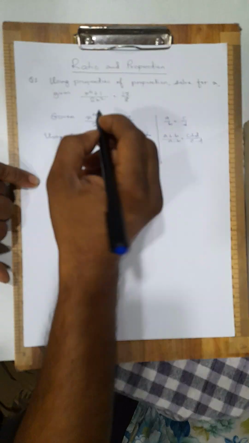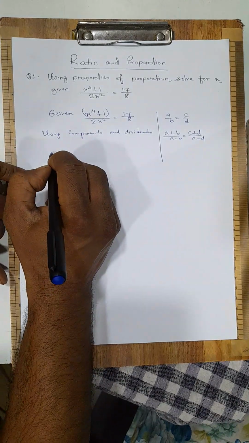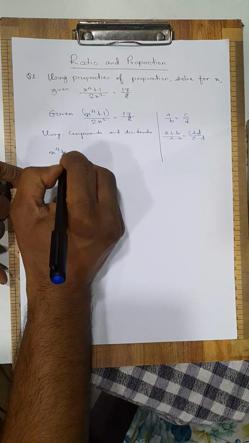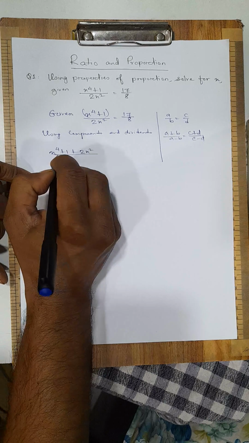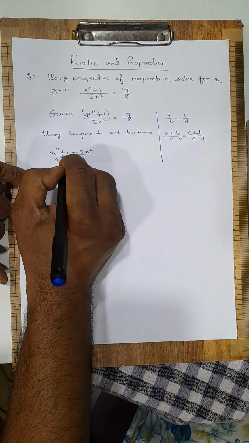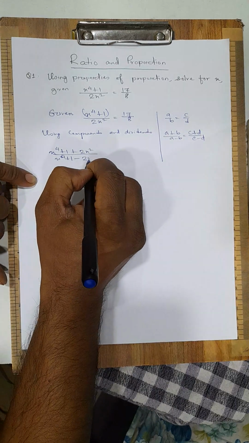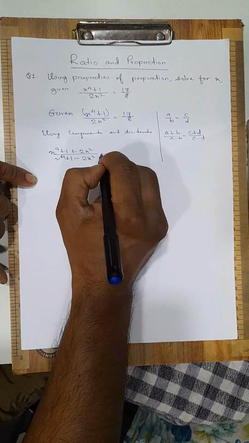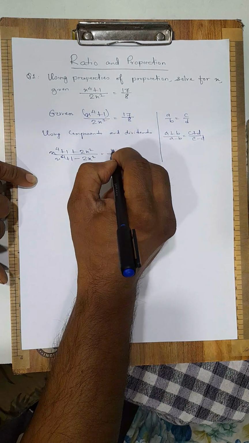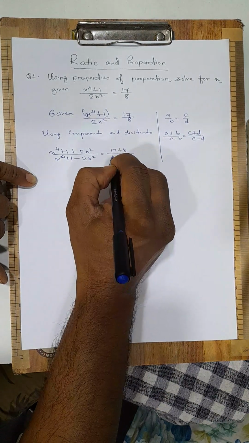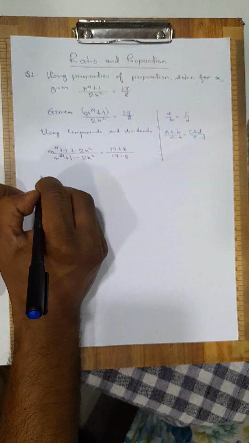we'll treat this as a, this is b, so it is a plus b divided by a, x to the power 4 plus 1, this is a minus b. On the right hand side, c plus d, that means 17 plus 8 divided by 17 minus 8. So this implies that